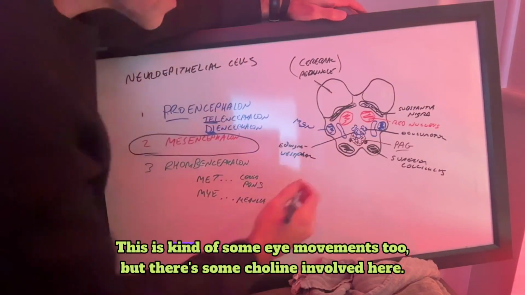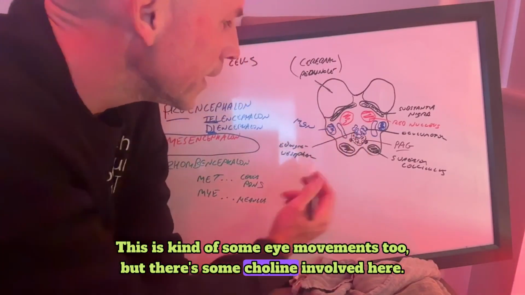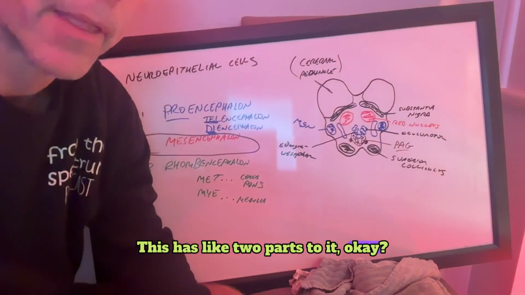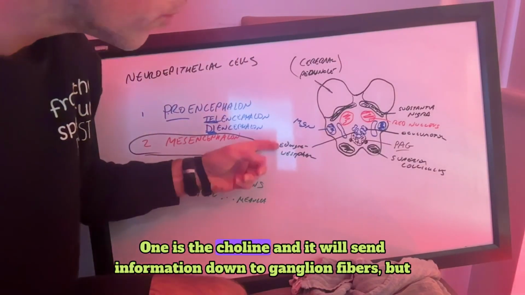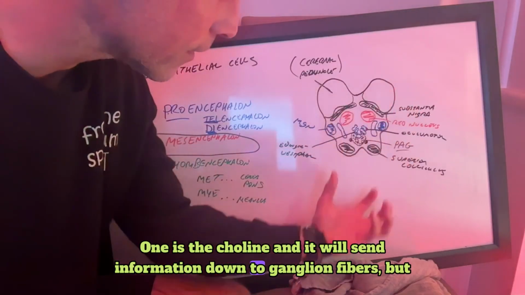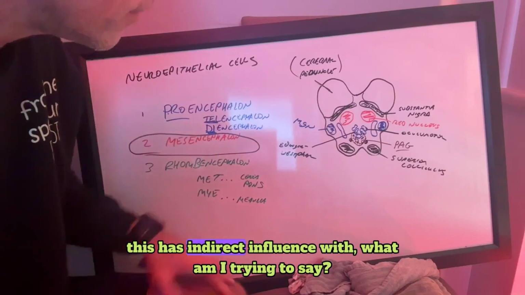This is also some eye movements, but there's some choline involved here. This has two parts to it. One is the choline, and it will send information down to ganglion fibers, but this has indirect influence with